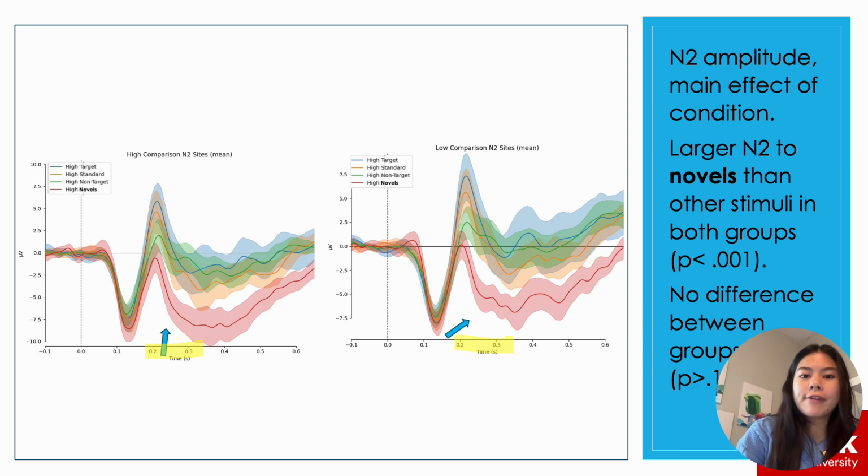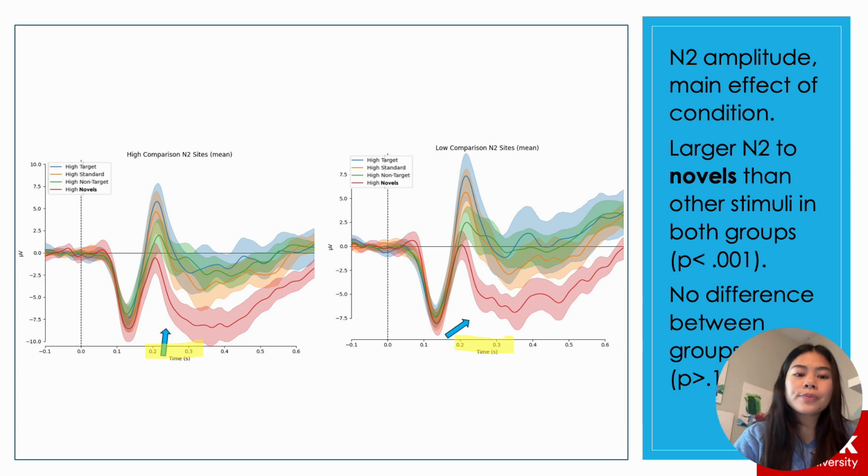And because of this, I found that regarding the N2 ERP component, there was a main effect of condition, with a larger N2 to novel stimuli than the other stimuli. This is really interesting because this was apparent for both groups. So in the high and low ADHD trait groups, there was a larger N2 to novel stimuli compared to the